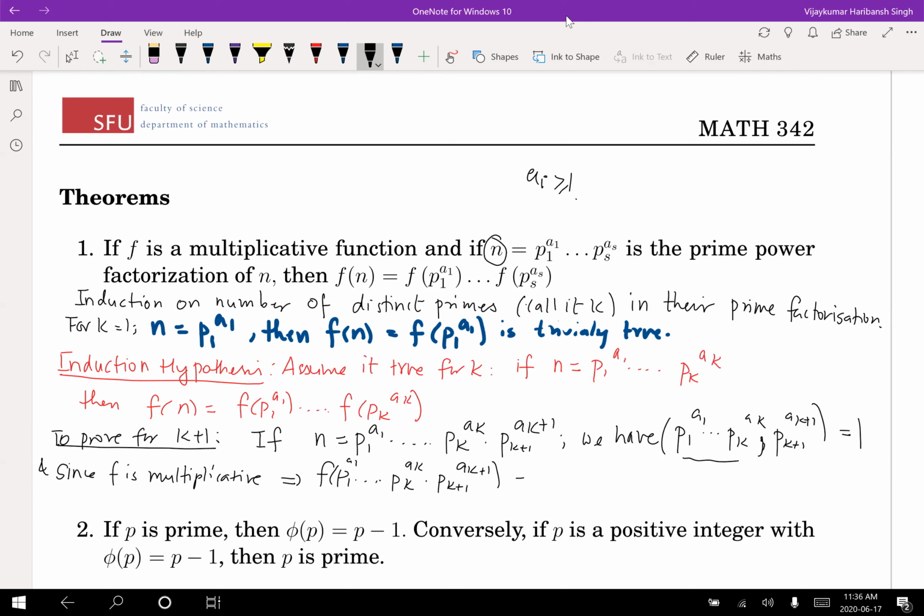This will split as f of p1 to the a1 ... pk to the ak times f of pk plus 1 to the power ak plus 1. Now this splitting happened because of the multiplicative function, and now because of the induction hypothesis,